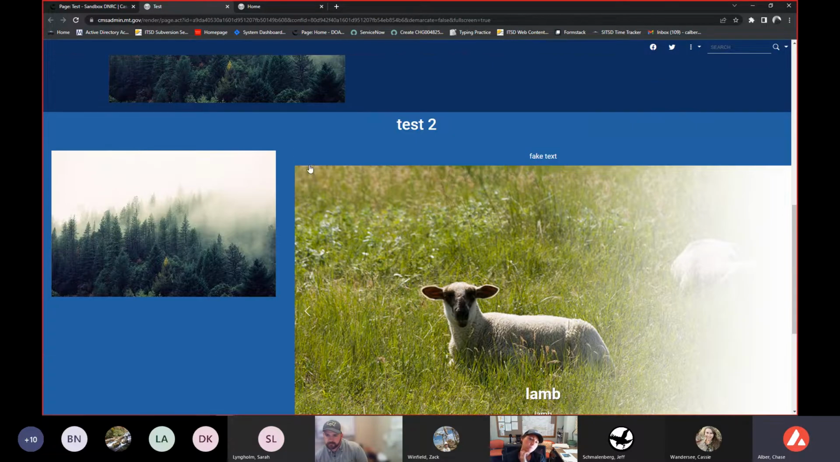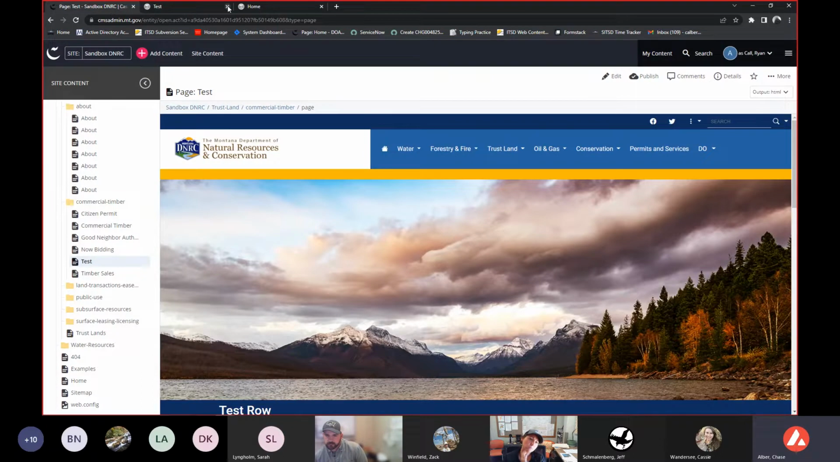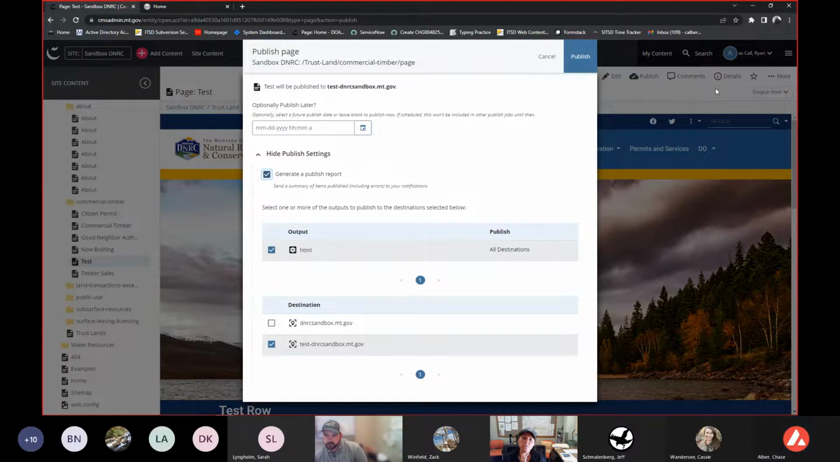It's taking up this space. Cool. So now I can see how this looks before I put it to the test website. So now I want to publish this. You've got a few things here. A publish report just provides a summary of what you published, if there are any errors, and this goes straight